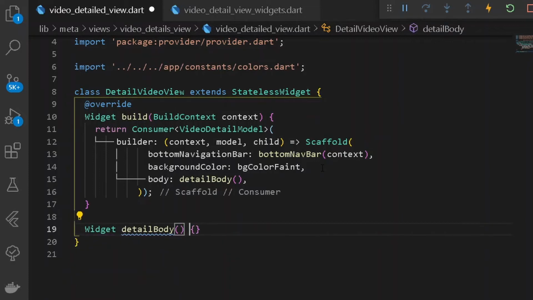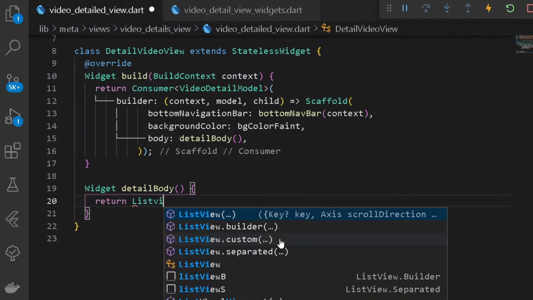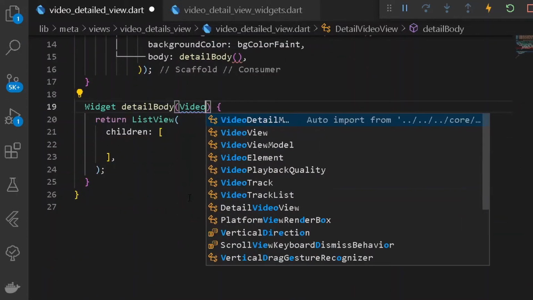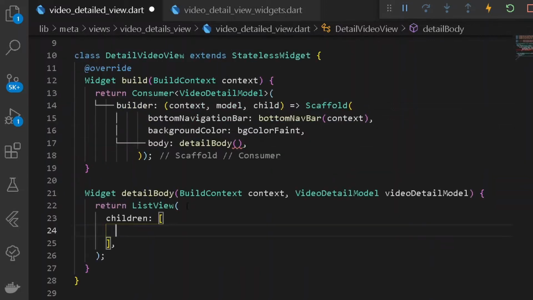So under the following thing, first of all let's return a new widget. Under a case of widget, we shall be returning a new list view. So under our list view, let's have all the children. So here we shall be taking all of our children, and here it shall be requiring a property of detailed view model to be a view detail model. It will be also requiring a build context and also a video detail model. So here we shall be simply passing on the following context and also the following model, easy as that.